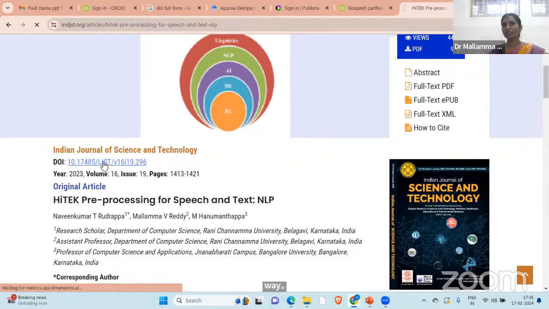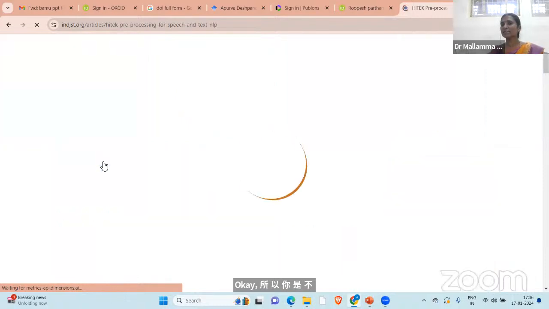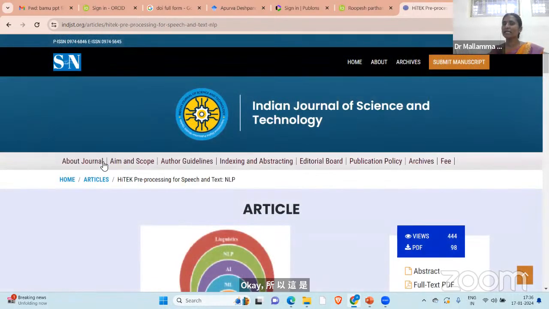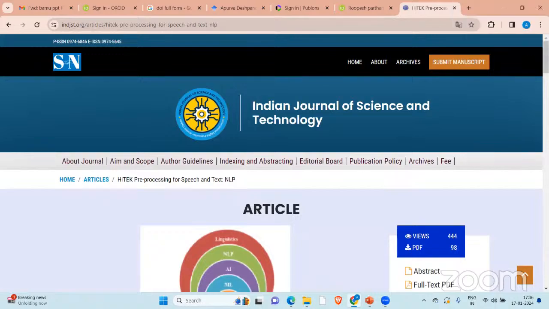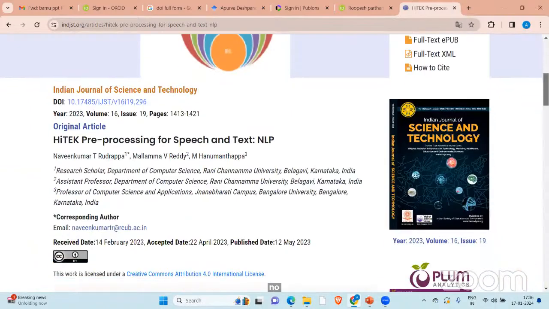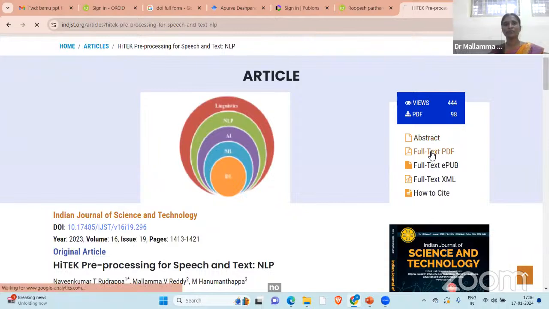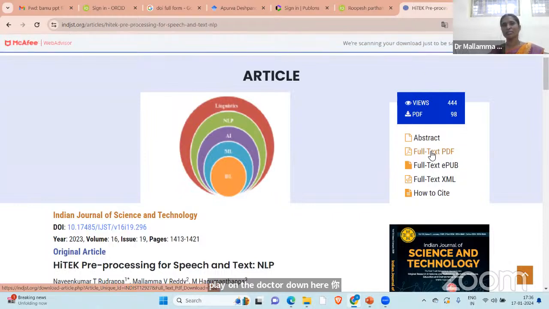If you click on this, you will get this paper. It is visible directly in Google Citations. Directly this paper will come to the Web of Science. Directly this article is visible in ORCID. It will automatically float; I don't need to upload it there. Not at all required. If you click on the full text, that is the Digital Object Identifier. It has its own ISSN number, like a serial number.